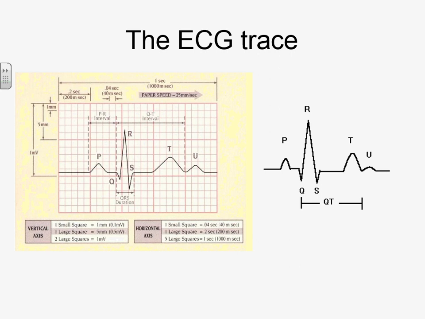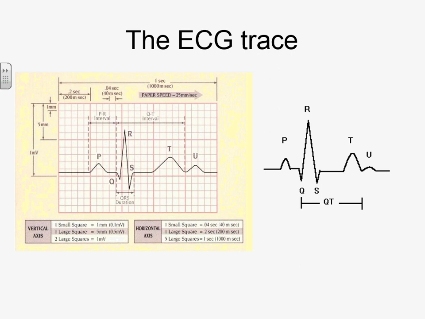The first bit, the P wave here, is when you get the depolarization of the atria and they contract. The second bit, the big bit, which is the QRS complex, is when the ventricles contract. So that's the wave of depolarization through the ventricles. Now, at the same time, the atria relax, but you can't see that on there because it's swamped by the ventricles contracting. Then you get the T wave, which is when the ventricles relax, and then you get this little blip, the U in there, and I can't remember what that is because we never usually bother referring to it.